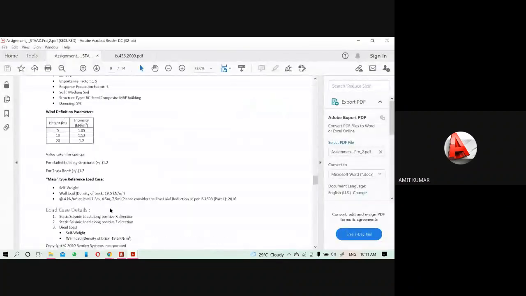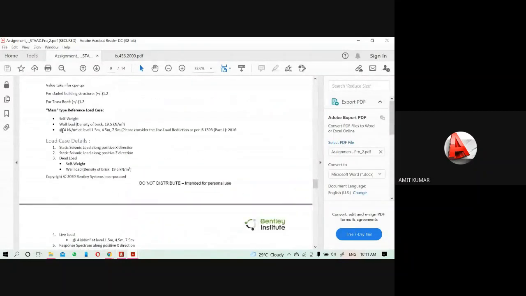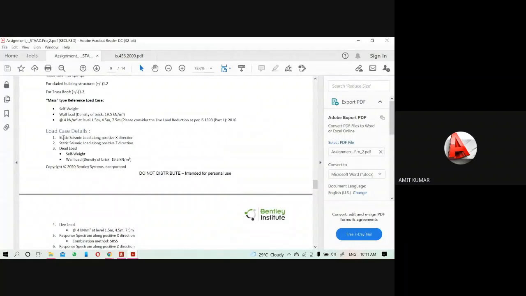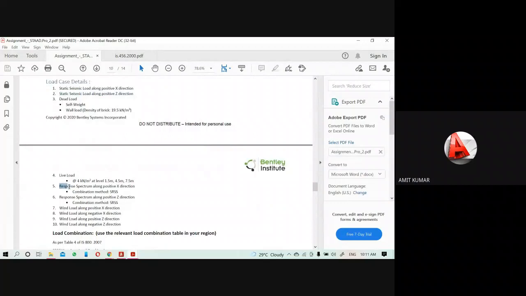So let's see why I am adding it: in this assignment they are asking for the static seismic load, then static seismic load along the z-axis, then dead load, then live load. Then they are asking to add the response spectrum analysis with the combination method of SRSS.